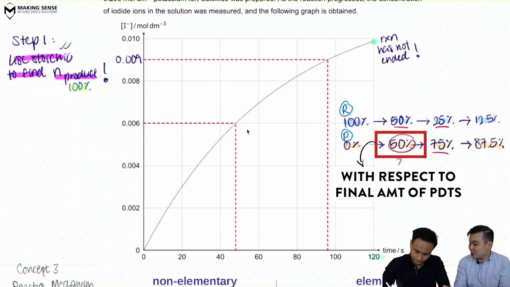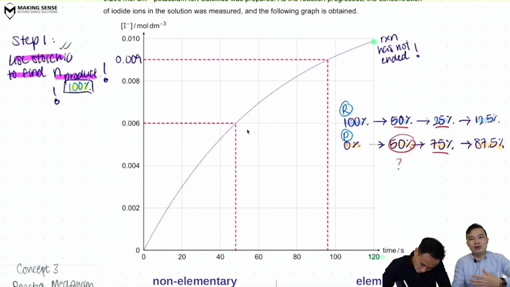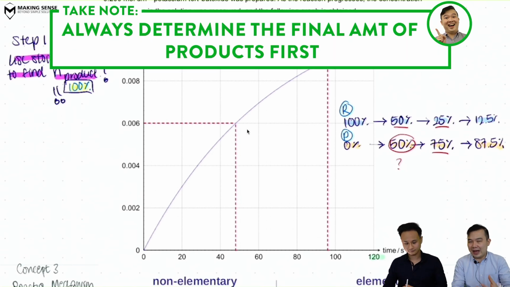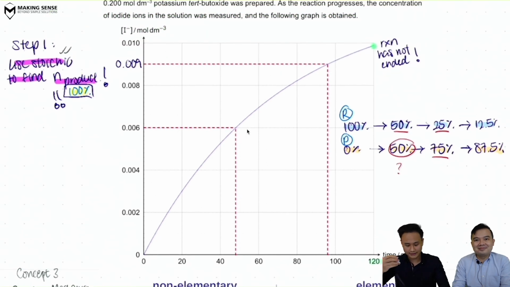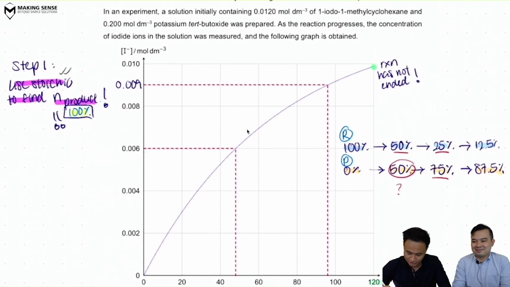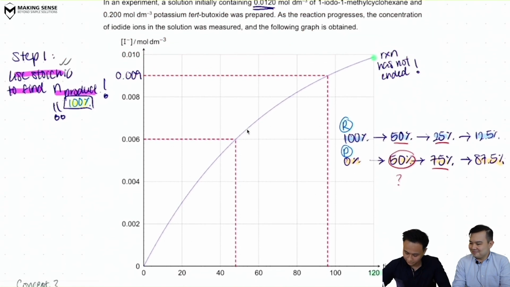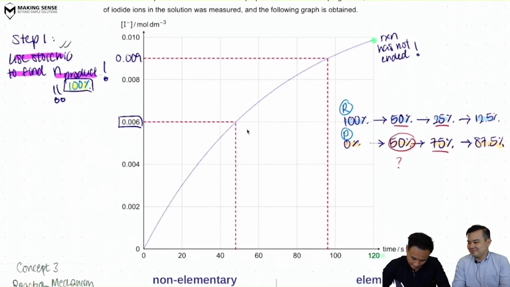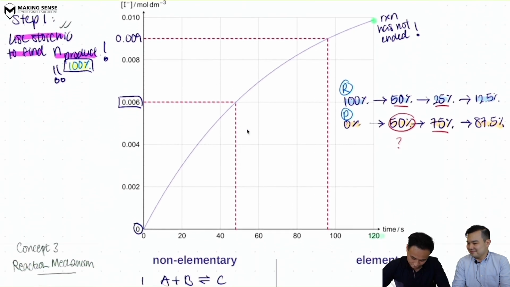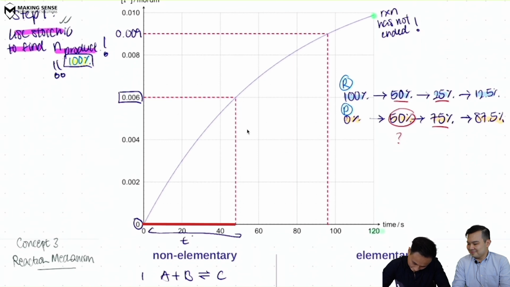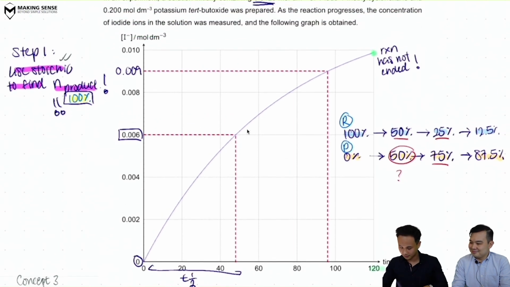And this is the reason why I asked you to do step 1 first, right? Find out what's the final amount of products that you have, so you can find its 50%. Okay, so in this case, you guys can do the math on your own. The final number of moles of product, 100%, is actually 0.012. Okay, just take note. So 50% here, you'll be actually 50% of 0.012, which is 0.006. So the first half-life, do this with me, from 0% or 0 to 0.006, this is your first half-life. Okay, and the second half-life, again, you'll be from 50% of 0.012 or 0.006 to 75% of 0.012, which is,